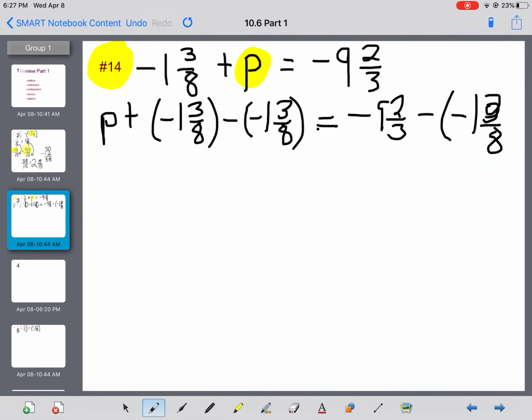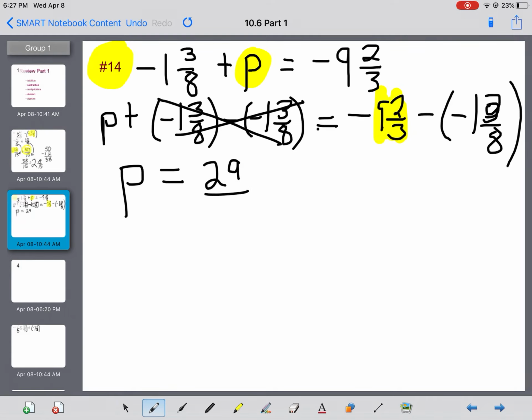The negative stays with the 1 3/8. Well, it doesn't really look like a 3, but you know what I mean. So now we can simplify it because these guys cancel each other out. So I get P equals -9 2/3. Well, let's do the next step of making our mixed number into an improper fraction. So I think to myself, 3 times 9 is 27. And then 27 plus 2, I get